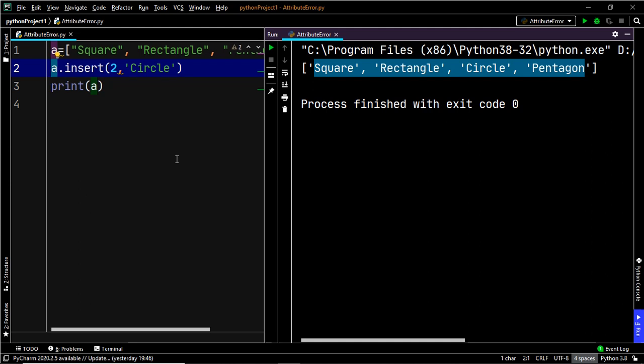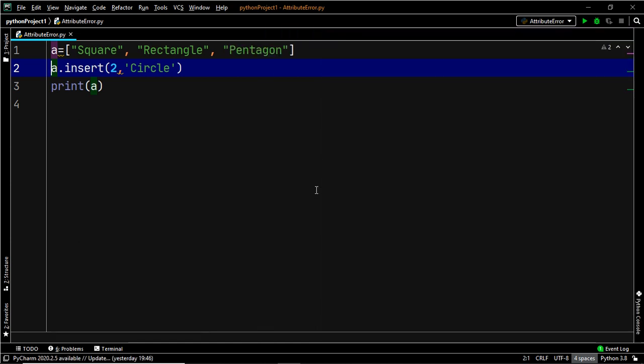This worked perfectly fine because insert is indeed an attribute of our list type object A. However, insert is not a property or an attribute of an object of the type tuple. So when I try to use insert with a tuple, I am trying to make an invalid reference, and that is where you are going to get an attribute error. Let's visualize it.